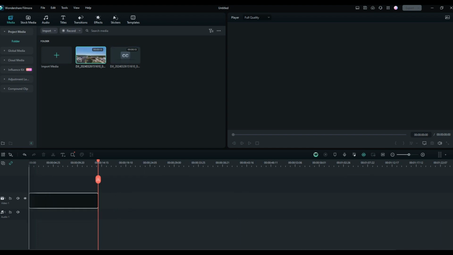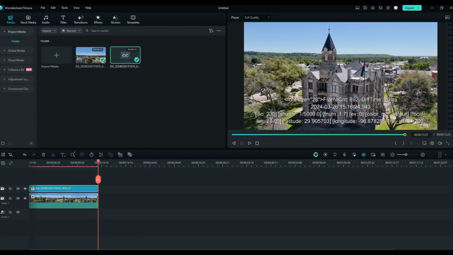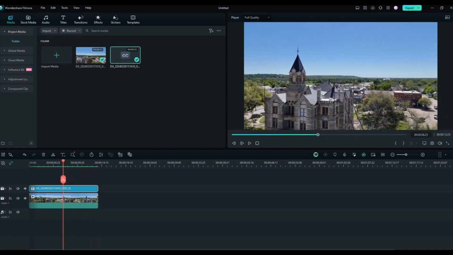And then the next thing you want to do is bring them down to the timeline and stack them, basically one on top of the other. They're going to line up because there's the same amount of time on the timeline for each. So what you want to also do is not right click, but left click both of them, holding the control button down so that both of them are highlighted,